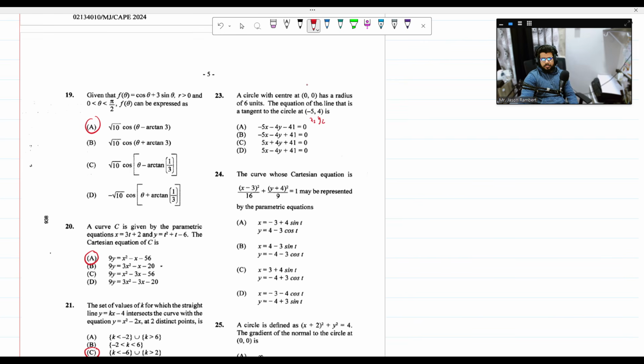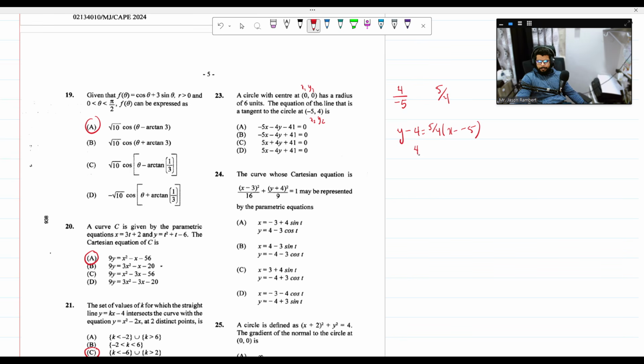x2, y2, x1, y1, y2 minus y1 over x2 minus x1. This is the gradient of the radius. The gradient of the tangent is 5 over 4. So it's going to be y minus y1. Sorry, y minus y1 is 5 over 4 into x minus x1. Multiply everything by 4 and I will expand. I'm going to get